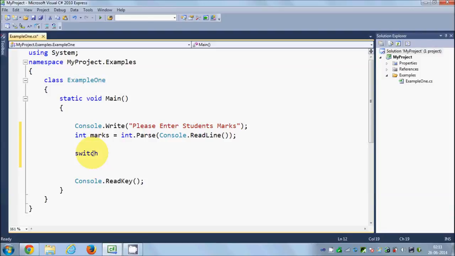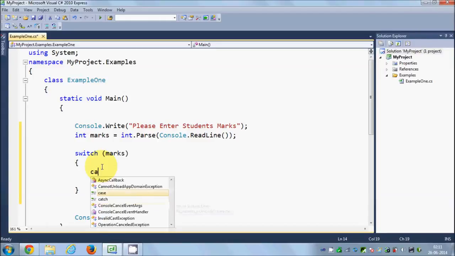The switch statement starts from the keyword switch and with this bracket, and in this bracket your condition comes. Now in our case our condition is marks. On the basis of marks we are going to print messages, right? Now after this bracket, you need to give these two curly brackets to open and close the switch case statement, and inside these curly braces we write the cases which can be possible. So for example, case